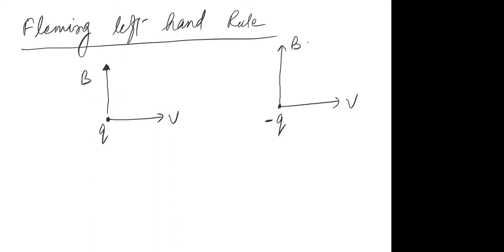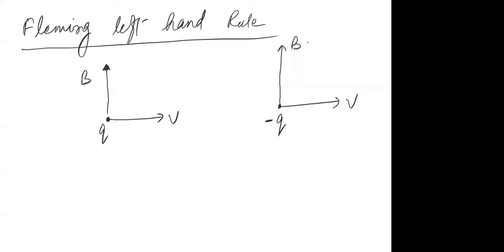I told you the inverse, right, Afroza? I told you the middle finger must be kept in the direction of current. But here there is no current, sir. How will I put my middle finger in the direction of current? So you remember from the chapter current electricity, the direction of current is always in the direction of motion of positive charge, and always opposite to the direction of motion of negative charge.